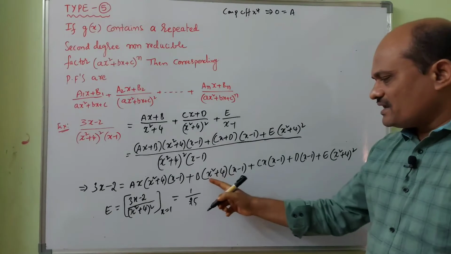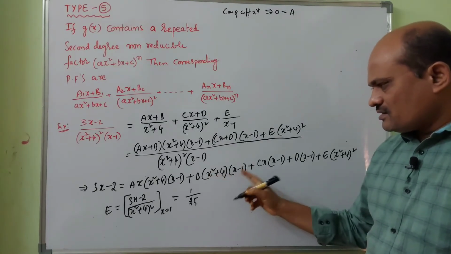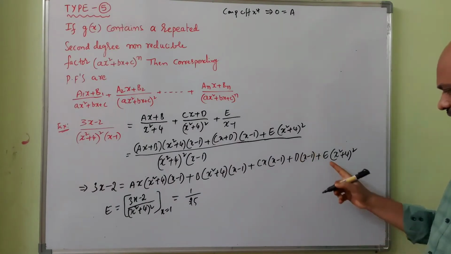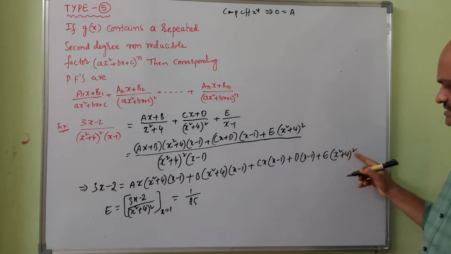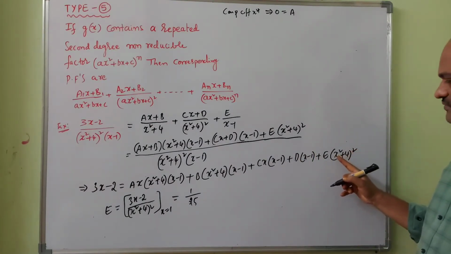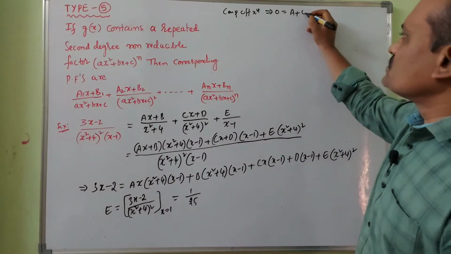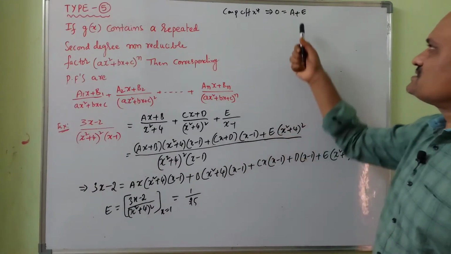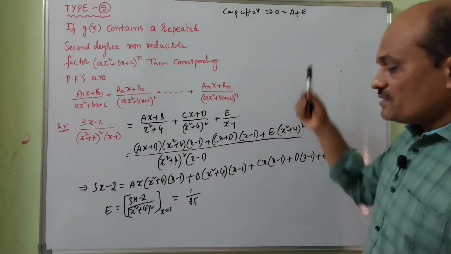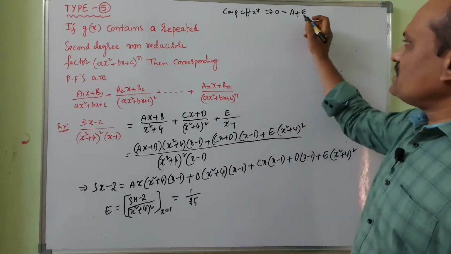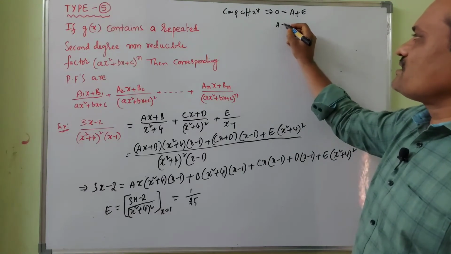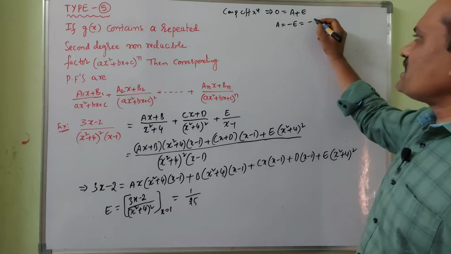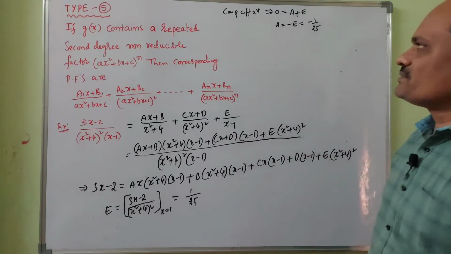Here you won't find any x power 4. Here also you won't find, here also you won't find. But here if you expand the whole square, the first term is x power 4, so the coefficient is e. So the coefficient of x power 4 on the RHS is a plus e, equal to 0. A plus e is 0. Substitute e here. What is a now? Minus e. The e value we know is 1 by 25, so a is minus 1 by 25.